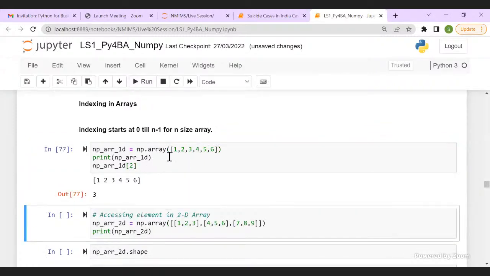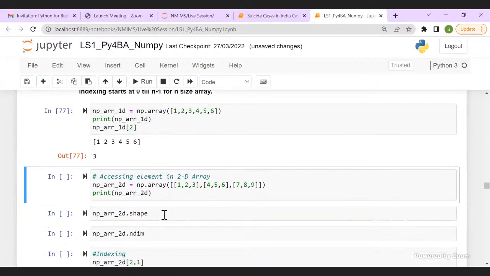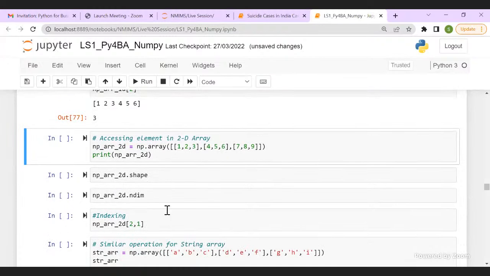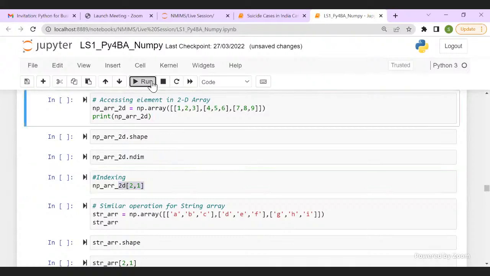Okay. Now let me go back. If this is my 2D array, I'm printing the shape and size. So with indexing, if I say 2, 1, what value should I be seeing here? Okay, just give me the answers. You can execute this code later, because if you have understood it, then you can do it. 2, 1. It will be 0. Okay, let me print it so that you have a right visualization.